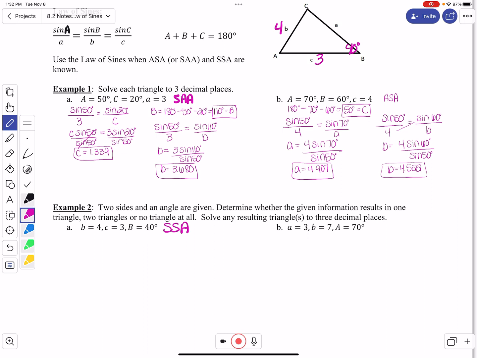And this is a situation where either one triangle exists, a possibility of 2 triangles exist, or no triangle exists at all. And that is because these 2 sides, the 4 and the 3, that angle can actually adjust and be bigger or smaller